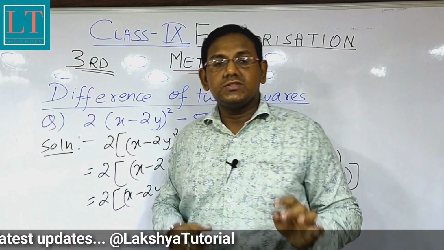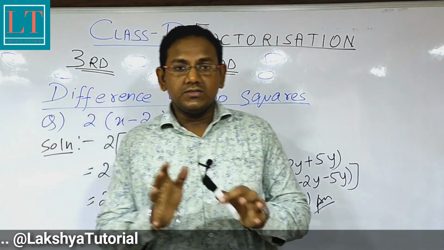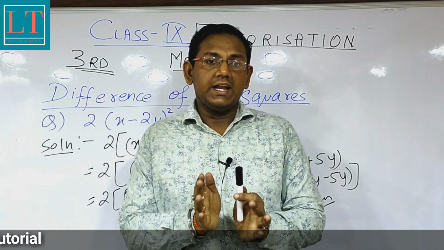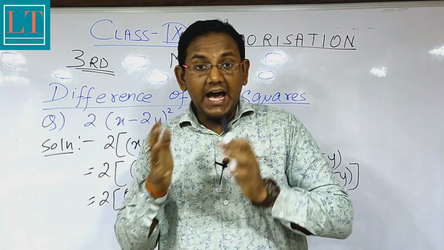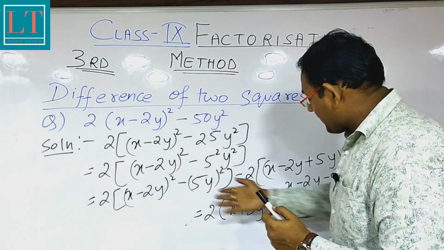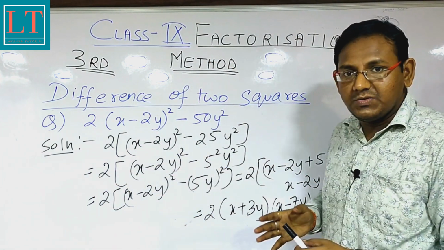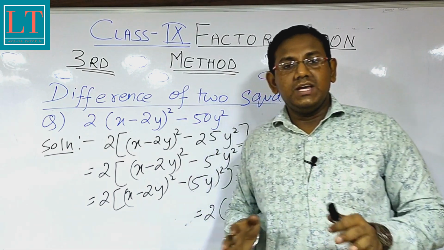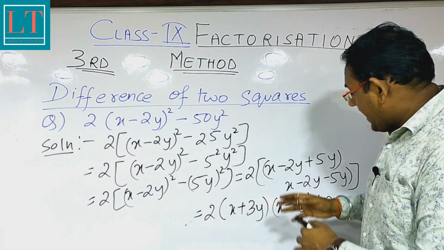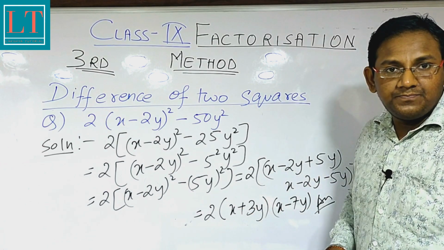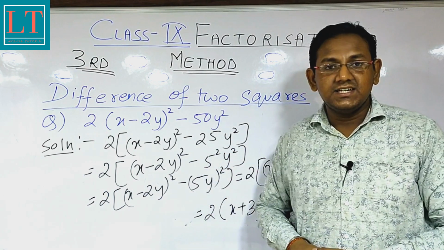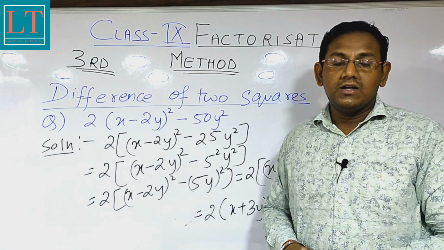I hope you understood this question very well. The concept is very simple. If you are getting any similar terms, first thing is to take that term outside, and after doing that, then you apply the formula, that is a square minus b square formula, that is (a plus b) and (a minus b), and express the entire expression in the product of two terms form. I hope this entire thing is clear. Let us see one more question on this topic.